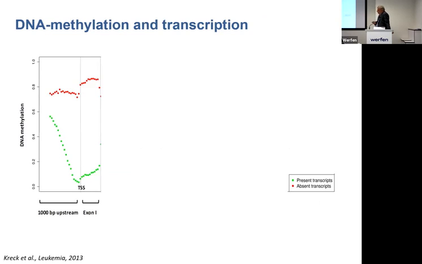That's one of the studies we did almost 10 years ago, in which we combined transcriptional profiling, so RNA expression by RNA sequencing, with DNA methylation. The y-axis shows you DNA methylation from 0 to 100%. In red are the so-called absent transcripts, so genes not expressed, and in green are genes which are expressed. It's a Burkitt cell line. What you can see is that at the transcription start sites, those genes which are expressed have a low methylation, whereas those genes which are not expressed have a high methylation. So this textbook knowledge is right.